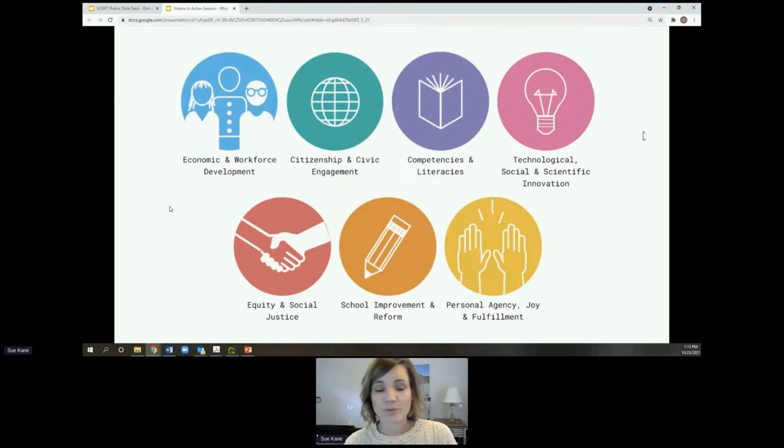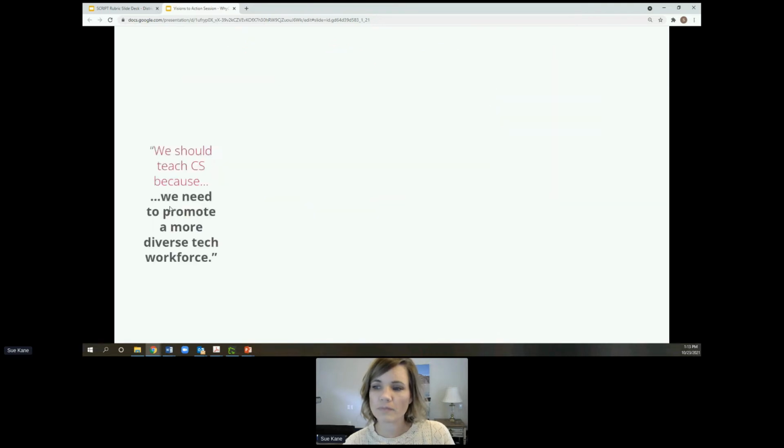And the researchers that were out there, they heard narrative, rationale that really kind of backed up all 7 of these. They're all valuable. Not one is more important than the other, but how you see it will actually impact how you set goals and how your district does its strategic plan.